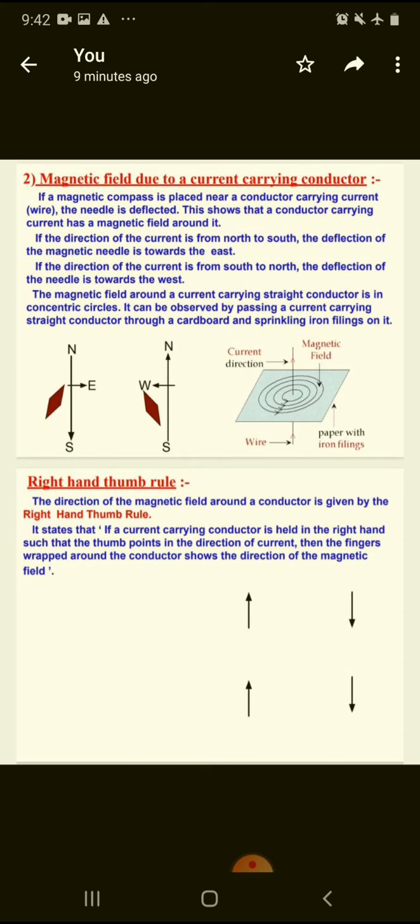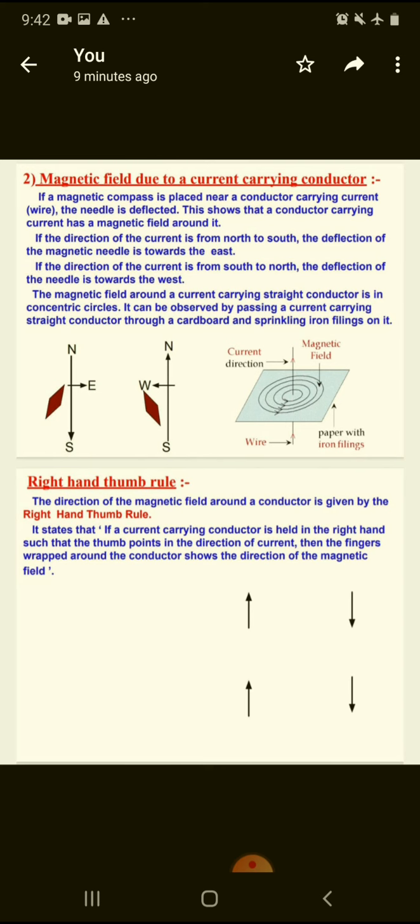The direction of the magnetic field around a conductor is given by it. So what is the procedure? If we take a current carrying conductor in our right hand such that the thumb points in the direction of the current,